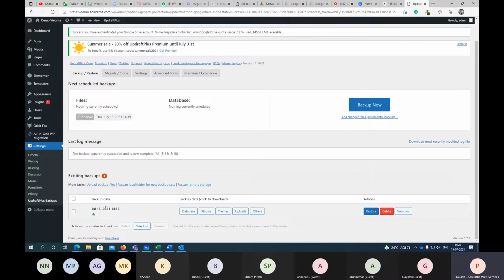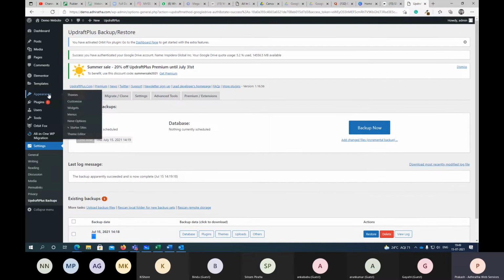That's all. And see here, you have a Google Drive symbol here. That means this backup is where? On Google Drive. So if I do reset now, and if something goes wrong, or if I want to restore it back to this current version, I can simply do that. So what I'll do, I'll go to the